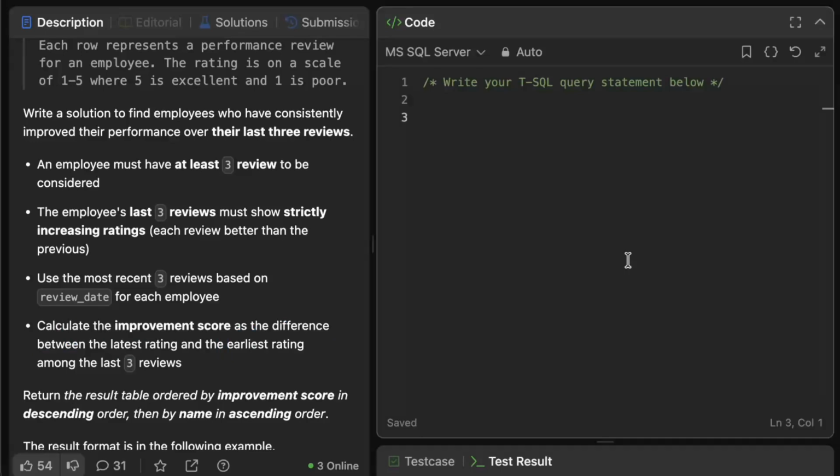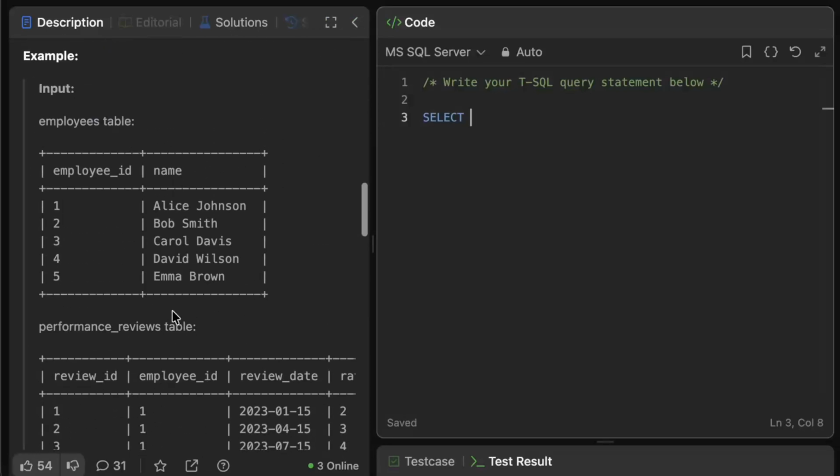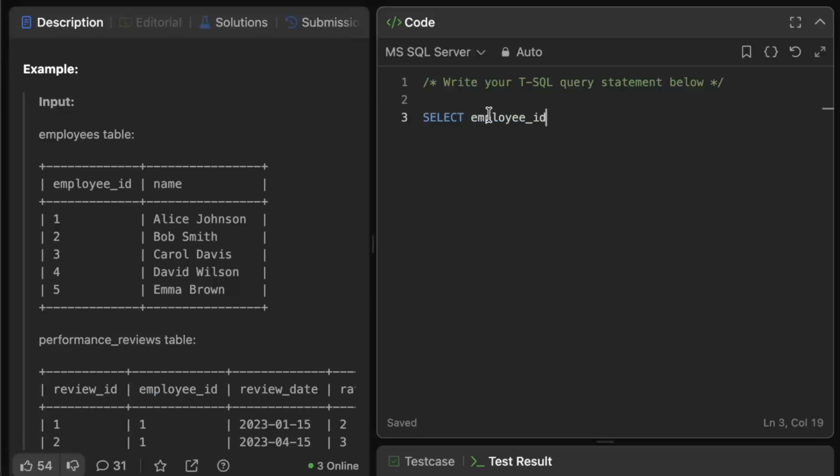First, we will use a window function, row number, to rank all reviews of each employee. We write a select statement. We select employee ID, rating from performance reviews table. And with the row number function, we will rank each row in the partition of employee ID. Therefore, we partition by employee ID,